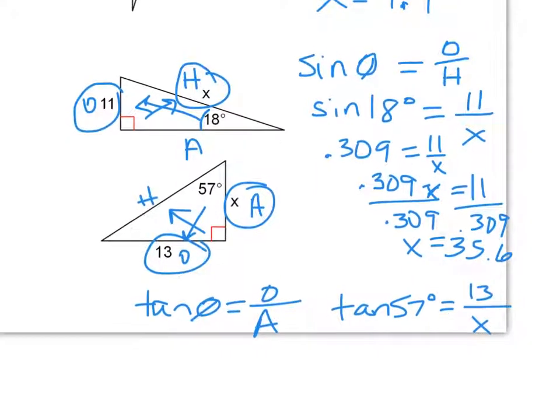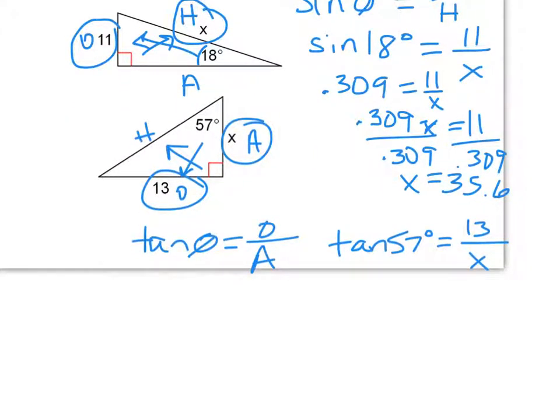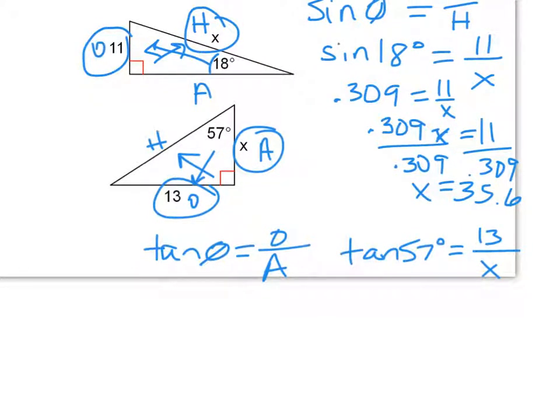We're going to use the calculator to look up tangent of 57 to 3 decimal places. So 1.5, and that's going to round up. So 5, 4,